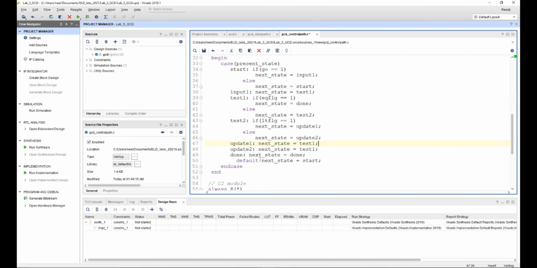Either way, whether we go to update 1 or update 2, we need to go back to test and check whether the equal flag is 1 or not. This is why we're doing this, it helps in iteratively making use of the GCD design. So after that, once